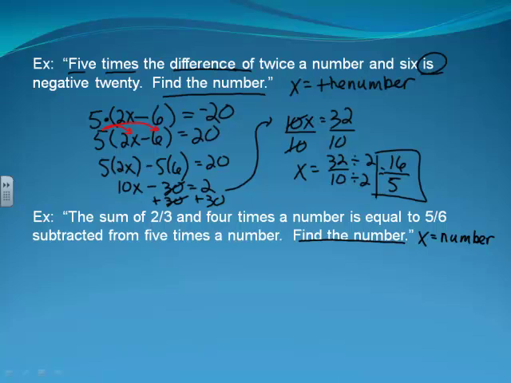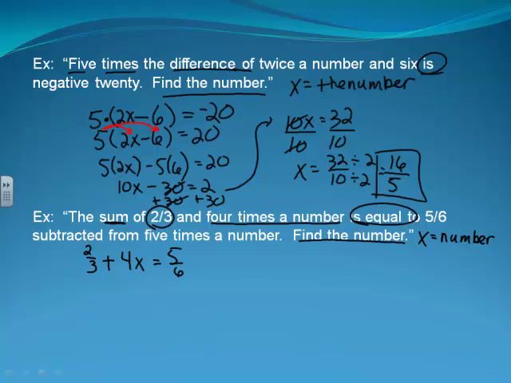Reading left to right, we're looking for the sum. That means addition. The sum of what? Well, we're adding 2/3 and 4 times a number. Okay, so we're adding 2/3 and 4 times our number. So 2/3 plus 4x is equal to, that means equals, 5/6